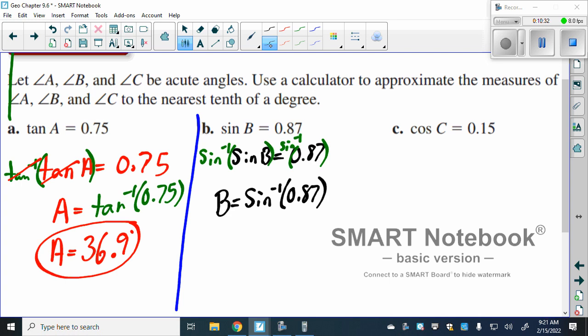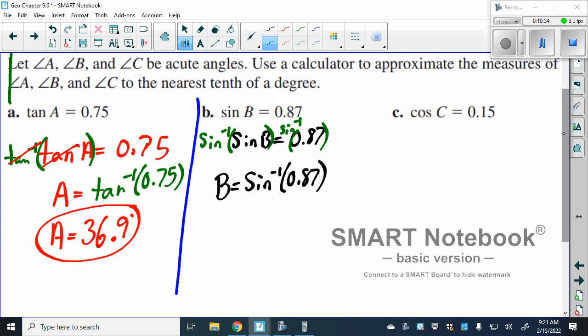Okay, so we do have the second one correct here because we are using 0.87. And if we type this into the calculator, sine inverse of 0.87, we would get